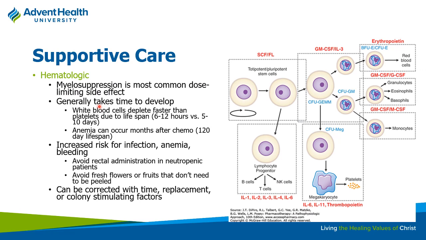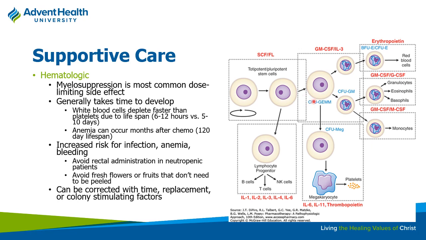And then looking at some of the supportive care we can do for these patients. So we mentioned the myelosuppression is a huge issue with them. And so in some cases we can actually give them support for that and actually help them to bulk up their immune system by giving them hormones essentially to help stimulate that. So for instance, you can see that we'll give things like